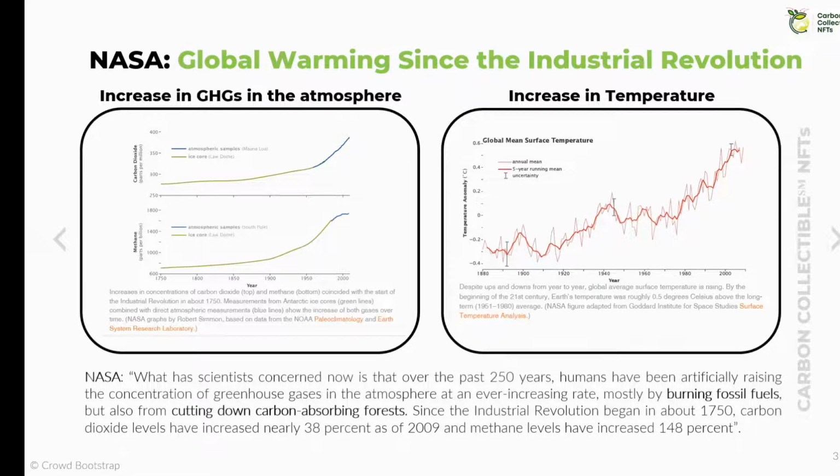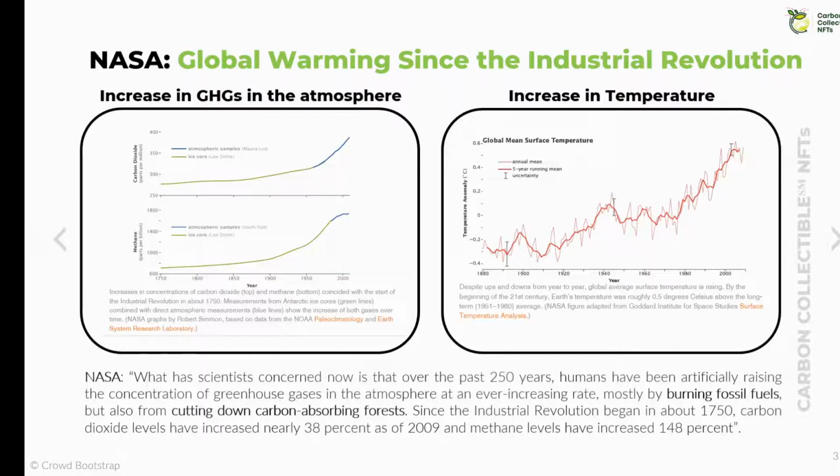According to NASA, since the start of the Industrial Revolution, the amount of greenhouse gases in the atmosphere has increased exponentially. Now, greenhouse gases like carbon dioxide allow the sun's rays to penetrate on the way to the Earth's surface. When those rays are reflected from the Earth's surface, they are reflected at a lower frequency radiation. This radiation cannot penetrate the same carbon dioxide molecules, and so the heat is captured within the atmosphere. This causes global warming. The chart on the right shows the increase in the average surface temperature since the start of the Industrial Revolution.